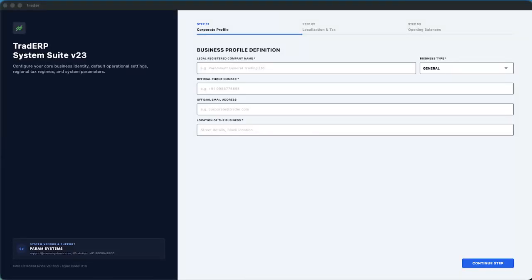Hi everyone, I'm going to give you multiple tutorials explaining this TradERP software, how you can effectively utilize this for your businesses. This is made for small and medium businesses, for trading and service oriented companies. Once you download the software and install it,